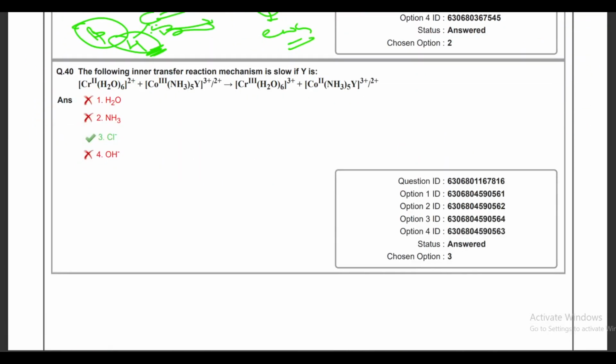In the last question, they are saying the following inner sphere electron transfer reaction mechanism is slow if Y is this. Okay, so inner sphere reactions actually. So the correct answer, if you take Y as chloride, as compared to water, ammonia and hydroxyl group, in the case of chloride, this inner sphere reaction will be slow. Okay, so there are three reasons for that. First is